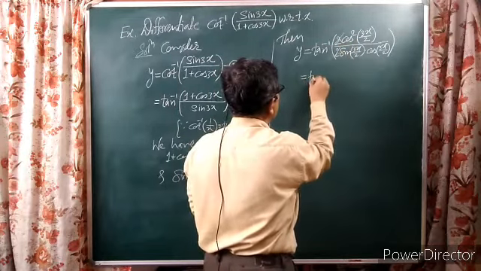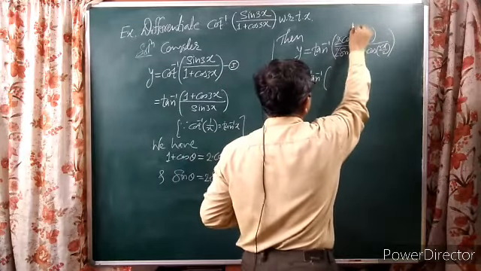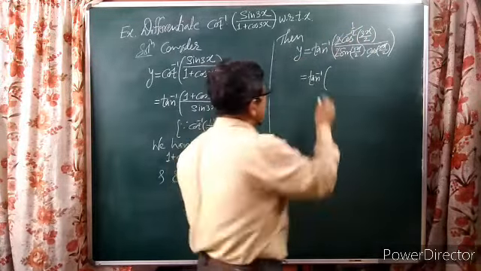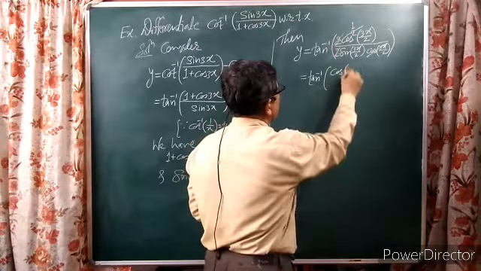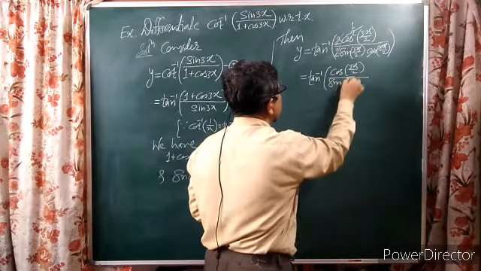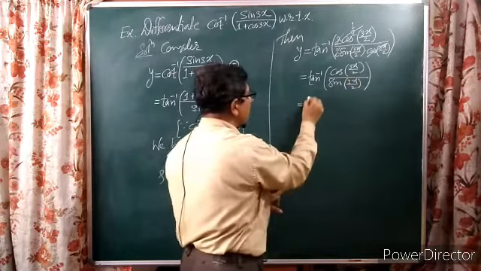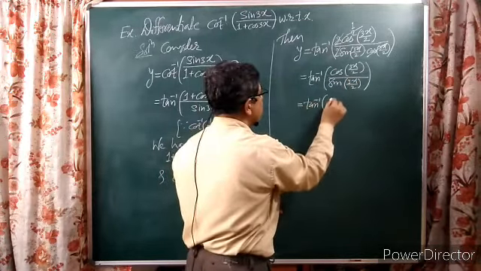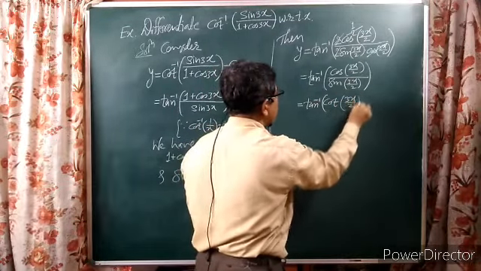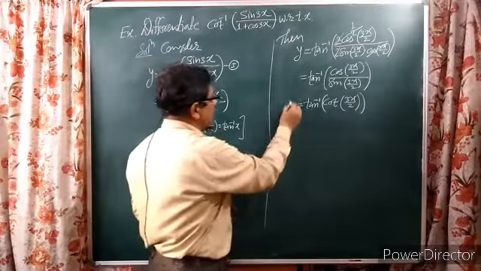We have tan inverse of. Here we have cos square in the numerator. We can cancel one term there. One term of cos remains with this cos of 3x by 2. And so we are getting tan inverse of cos 3x by 2 in the numerator. It is divided by sin 3x by 2 in the denominator, and so we are getting tan inverse of cos upon sin, which is cot 3x by 2. Okay, this is y.